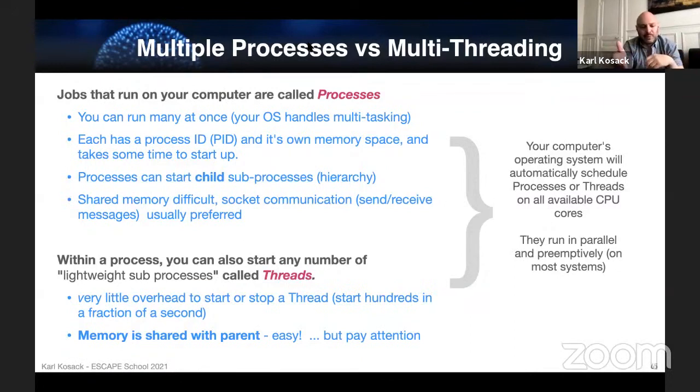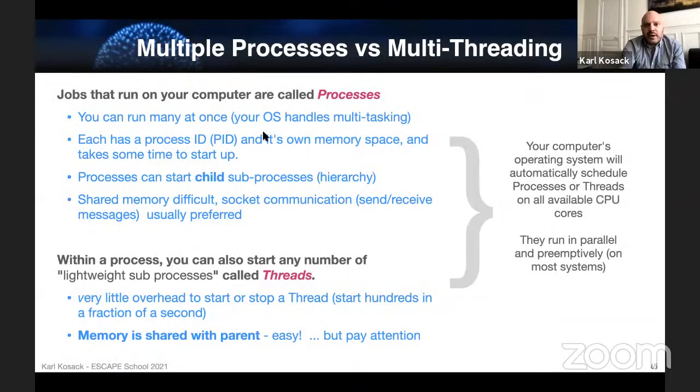Or if you're in Windows, hit Control Shift Escape, I think, which opens up the task manager. Or on Mac OS, you can open up, I forget the name of it, the process viewer for Mac OS. And you see the same thing, a table of all the running processes, what they're doing with your CPU, how much time they're using, how much memory they're using, things like that.